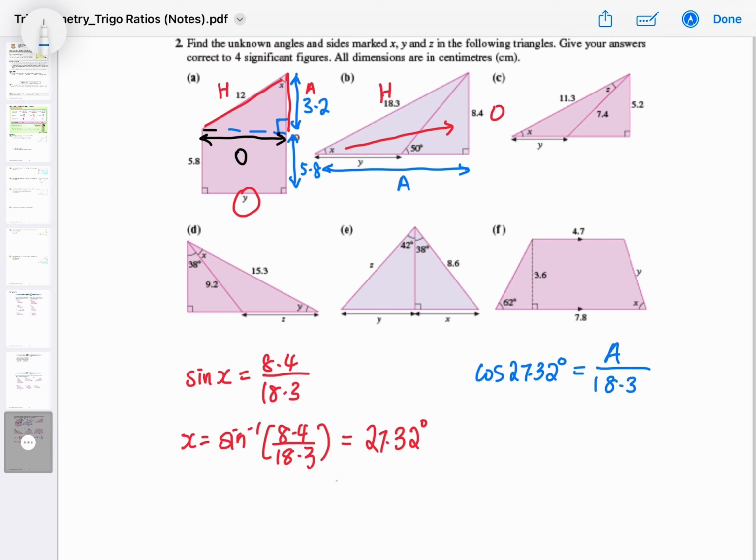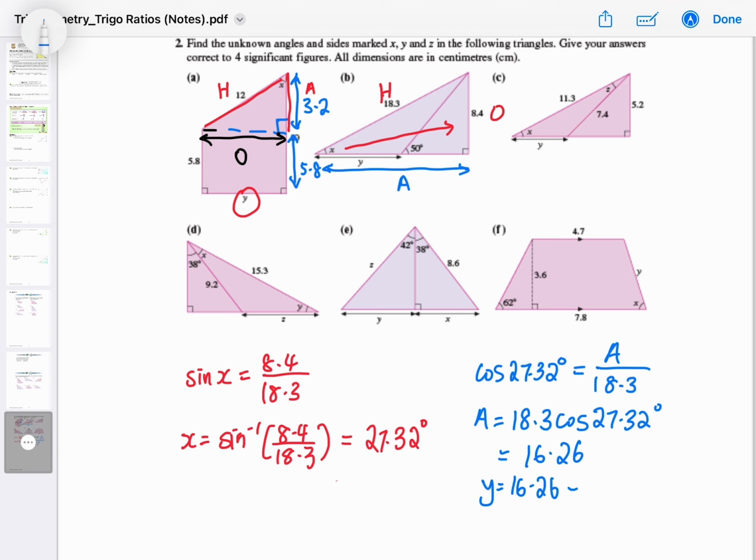So A equals 18.3 times cosine 27.32 degrees. That will give me A equals 16.26, which means that y equals 16.26